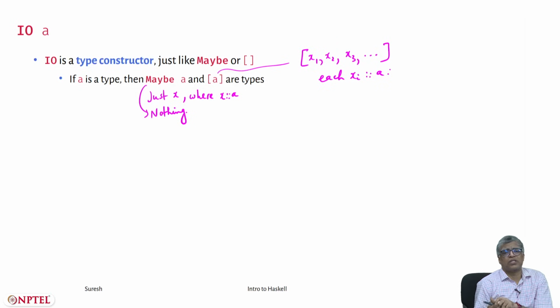So we have seen this. From a given type you can produce other types, and the values of that other type, the container type, will have a certain structure. If it's Maybe A, then values are all of this kind. If it's List A, then values are all of this kind. The values of type List A are related to values of type A. Similarly for values of type Maybe A.